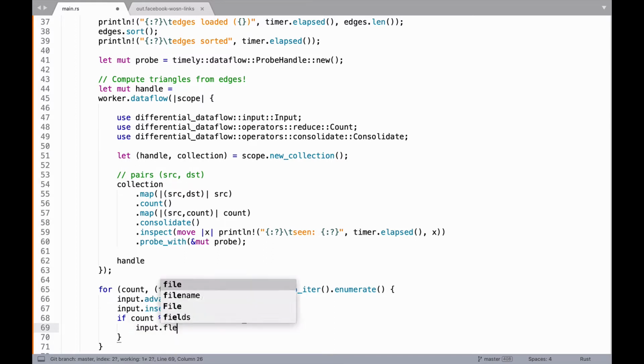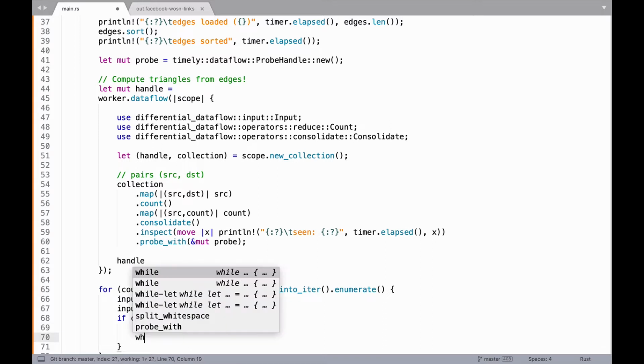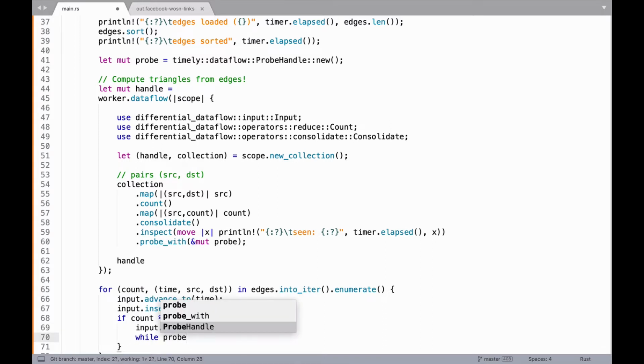All right, input.flush. So input flushing is an important thing to do. When we call advance to time up above, we're not actually committed to anything timely dataflow wise. We happen to know that we won't ever walk the time backwards, but we haven't told timely dataflow that yet. So timely dataflow, until we call flush, isn't actually in a position to reason about the various times that we've claimed to have advanced through. But having done that now, timely dataflow can start to do computation and realize, oh, you may never go back to anything before time, and therefore I can make promises to the probe, for example, that